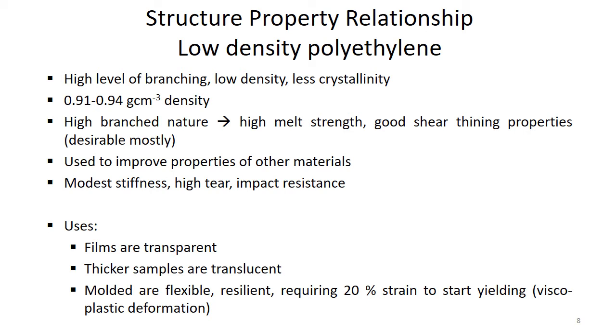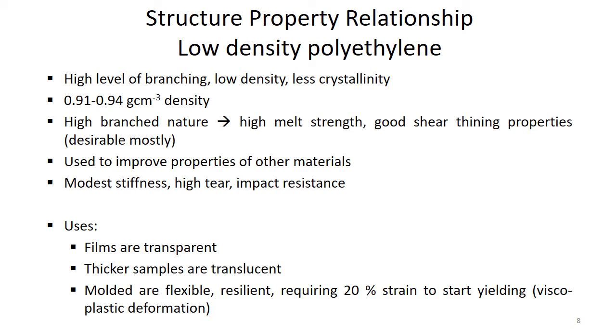polyethylenes. Their density is as low as 0.91 to 0.94 grams per cubic centimeter, which equates to a crystallinity level ranging from 30 to 55%. So we have discussed the crystallinity level: it is as low as 5% for high density polyethylene, and 30 to 55% for low density polyethylene. This highly branched nature of low density polyethylene and its broad molecular weight distribution give it high melt